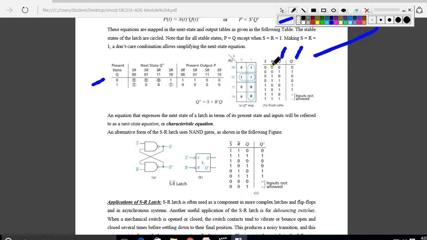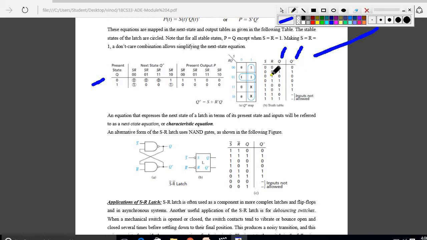Okay, so when both are 0 0, Q is the previous value, not the output. When both are 0 0, the next state value should store the previous value. So 0 should be 0 here. In the second case, if both are 0 and the past value is 1, the present value stores the same past value, 1, when both are 0 0. That is the case I am explaining here.